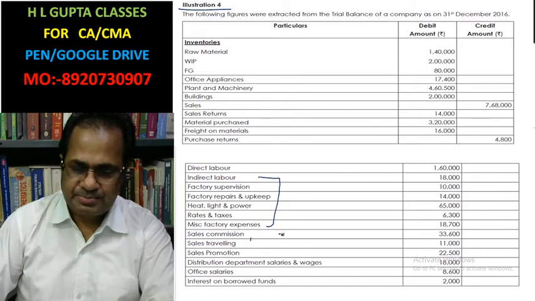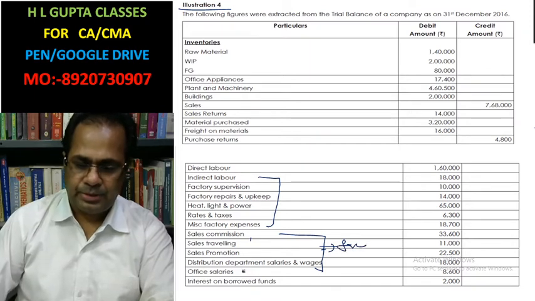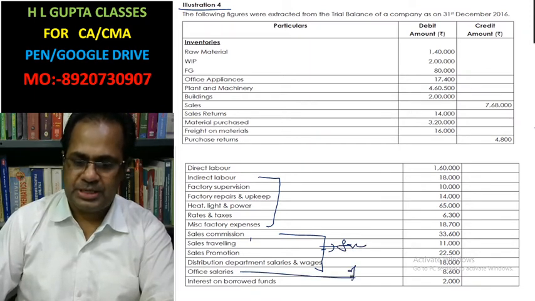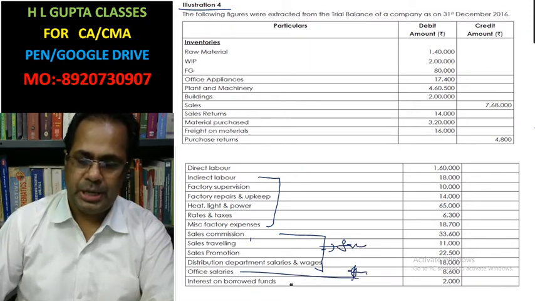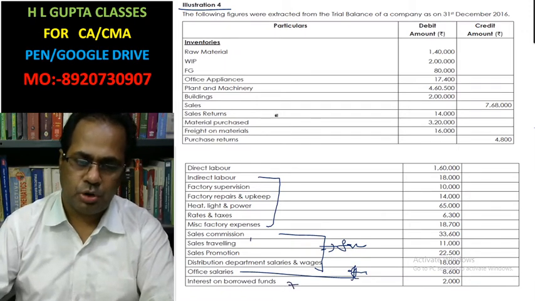These are the expenses related to your sales. This is the office and administrative overhead. Interest goes in the profit and loss account. Okay, now